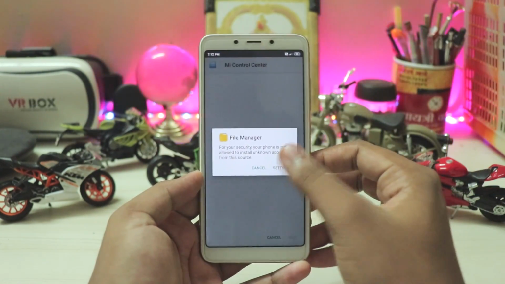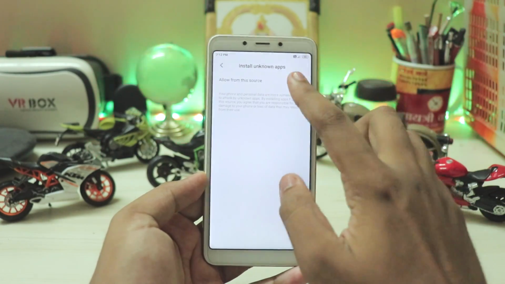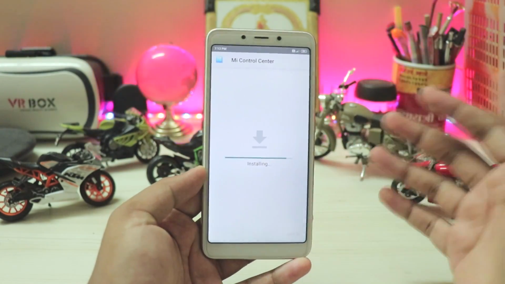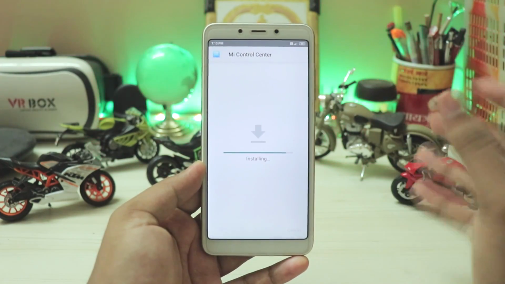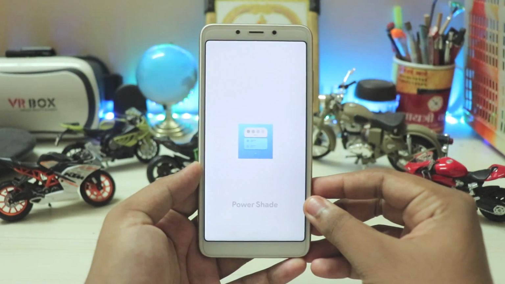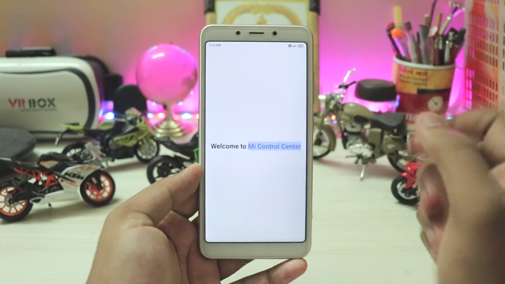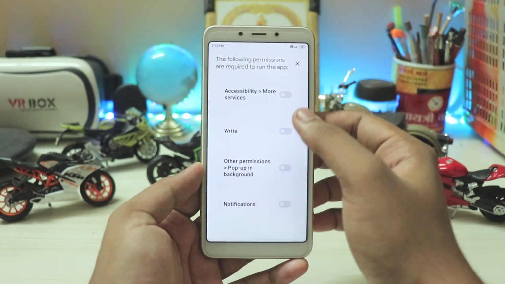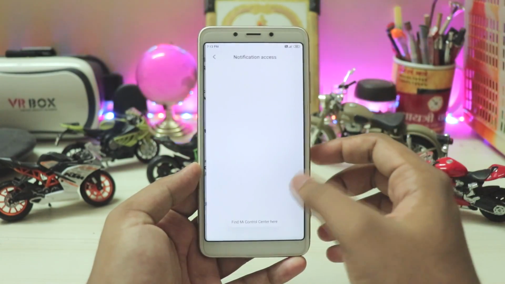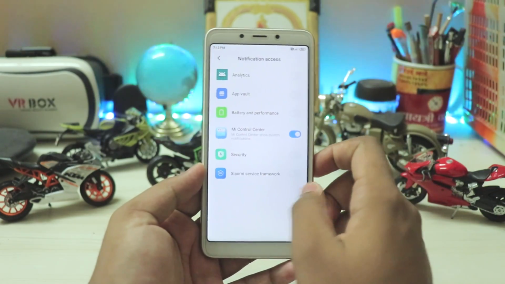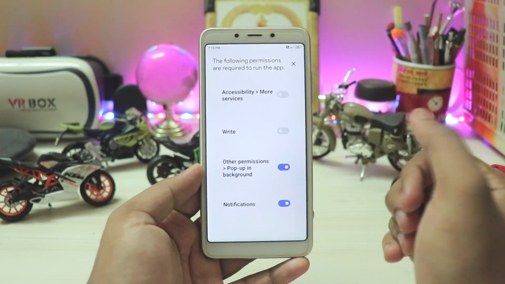Mi app control center, settings and allow unknown sources, install. And again, if you are on Android 9, don't expect great support for the blur background. Good to go. Open. Power shot, there you go. Very nicely done app, to be honest. Like this is amazing. And let's just give all the permissions. So for example, you do actually need notifications, so let's just give that access. Mi control center. It also allows the heads up notification.